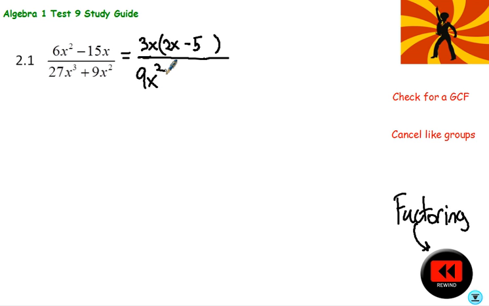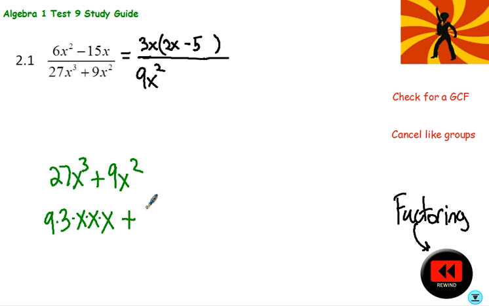And let me show you maybe the visual. I'll go to the side and do some scratch work here, because really what I'm doing here is just mental math. If you're looking at that and you're not quite sure where that's coming from, let me show you visually what we're doing here. So let's just take 27x cubed plus 9x squared. If I broke apart 27, what makes 27 is 9 times 3, and x cubed would be x times x times x,